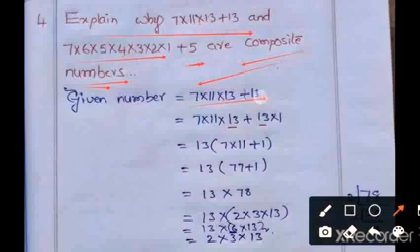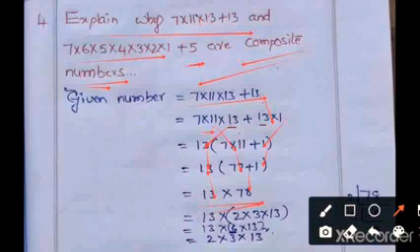Here in both these terms 13 is the common factor. I have written 13 as 13 into 1. So 13 is common to both terms, and 13 comes out. And 7 into 11 will be written here, and 1 also the same. So 13 comes out, and 7 elevens are 77, and 1. 77 plus 1 is 78. So 13 into 78.